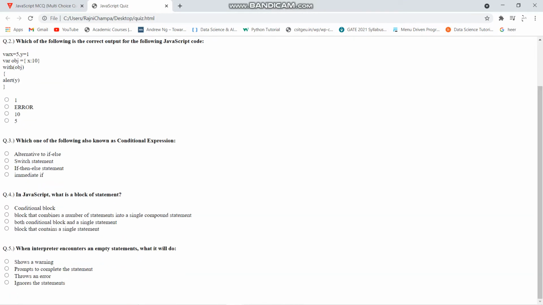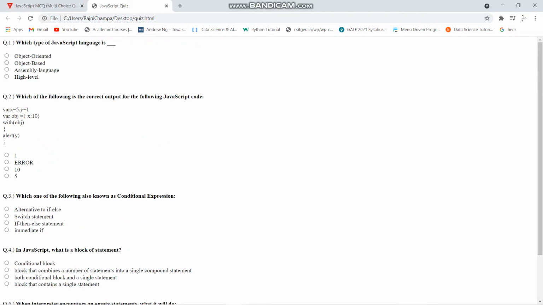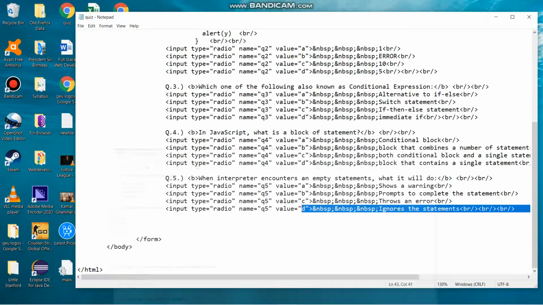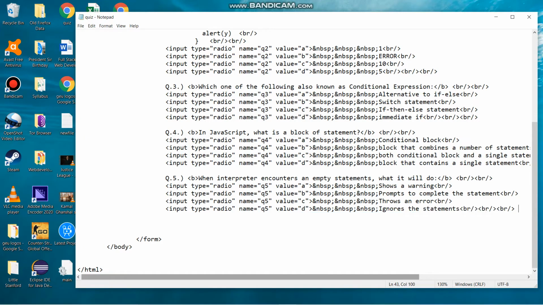And what we have to do next is give the submit button. We have to implement that. And how we are going to do it is simple. Input, then type would be button, and value would be submit. You can do it by yourself however you want to do it.